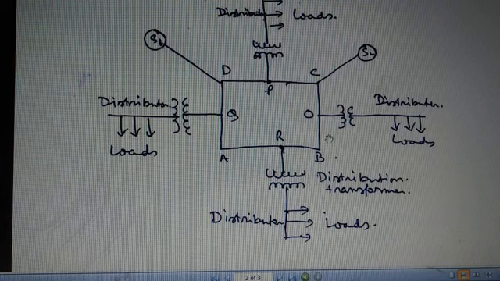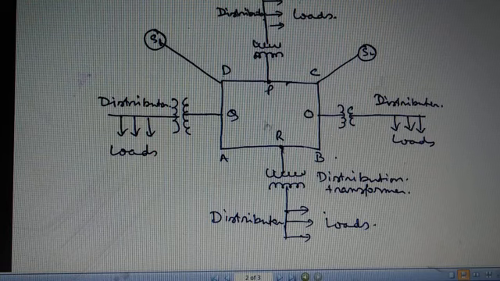Next advantage, if there is a major breakdown of a generating unit in the interconnected system, there is no interruption of the power supply. Similarly, when a machine is taken out of service for periodical maintenance, scheduled maintenance or inspection, the continuity of the supply is maintained. In other words, the other power systems provide the backup for the faulty section or the section which is under maintenance. So these are the interconnected systems.